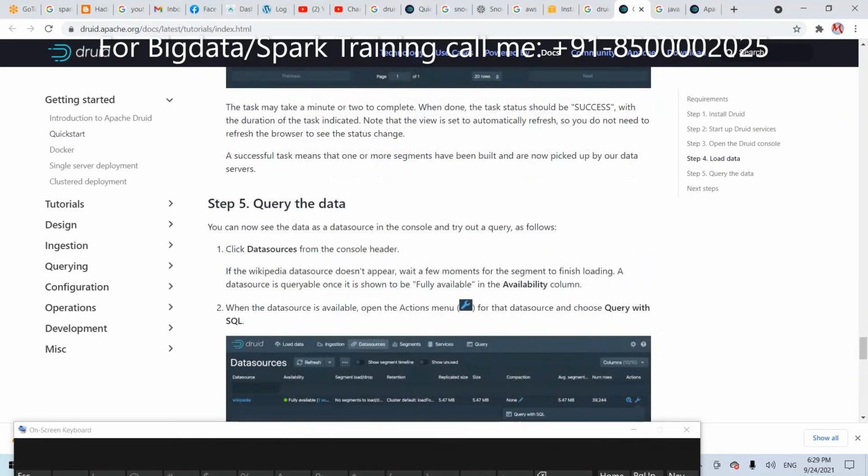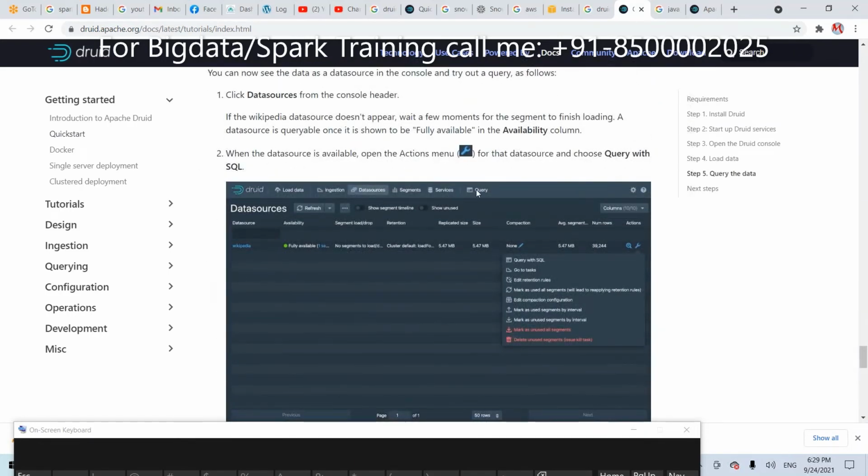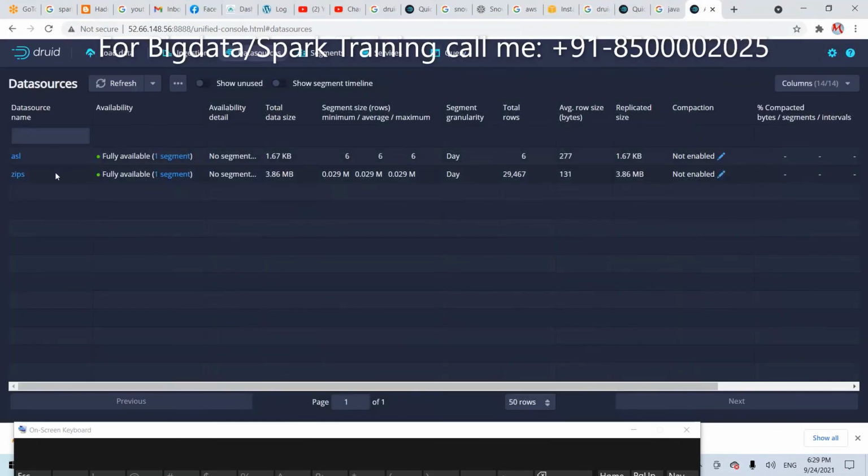After that, querying that data. That means above there is a query option. I have to click that. Otherwise, click this icon and automatically you get like this. That's also fine. Now, after some time, you get like this. So if you want to process this, click this. How many records are available? This number of records is available. So that's why you want to process this.